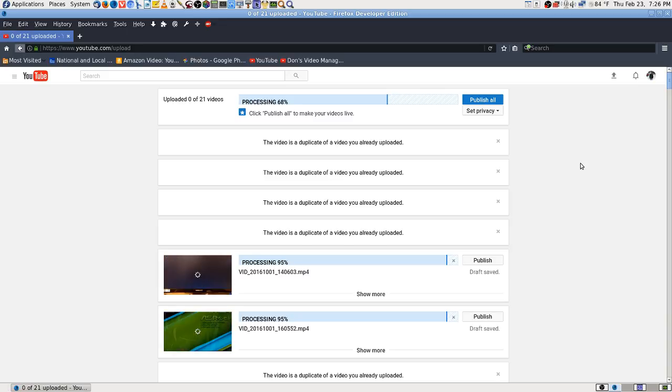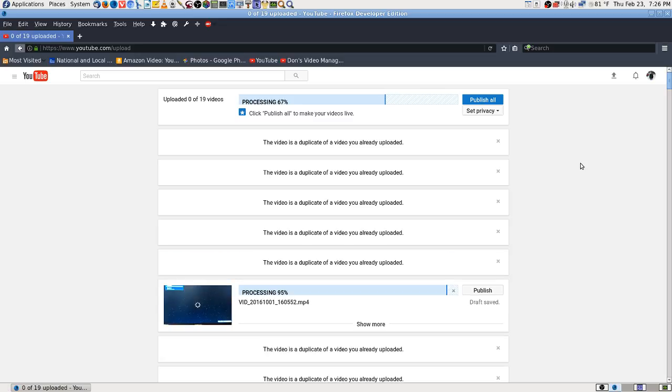Check the maximum. If you're going to use Google Photos, check the maximum file size, because my phones will record 3... I believe I've seen some 3.5 gig video files. And the maximum that Google Photos will accept is either 2 or 3 gig. If it's 2 gig, then I've got, I don't know how many videos that didn't even ever